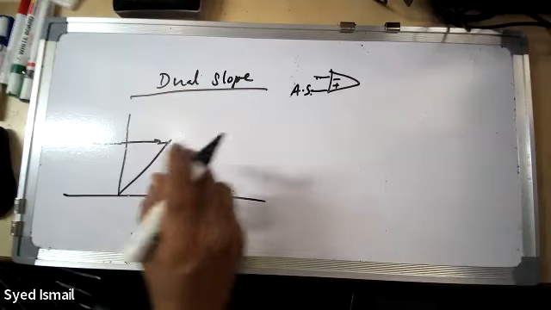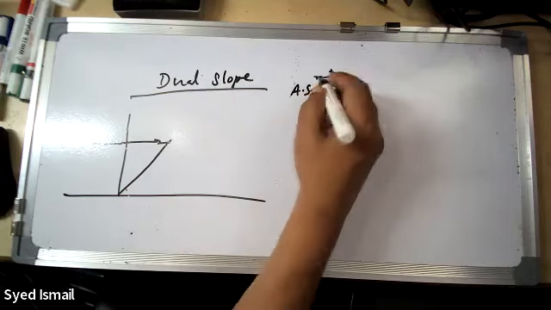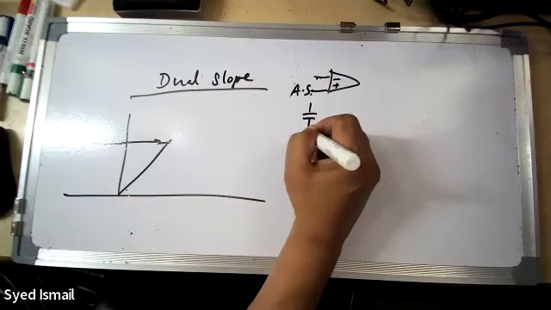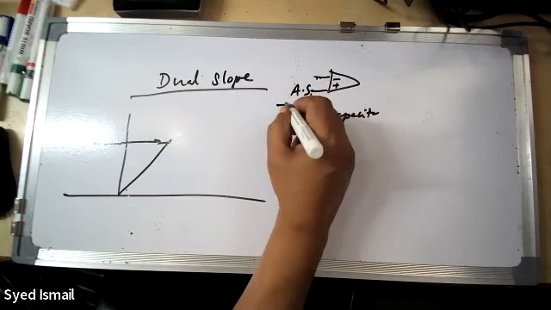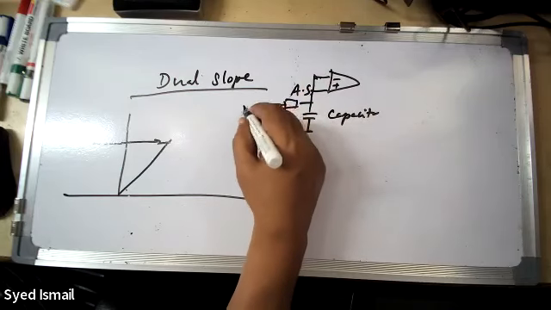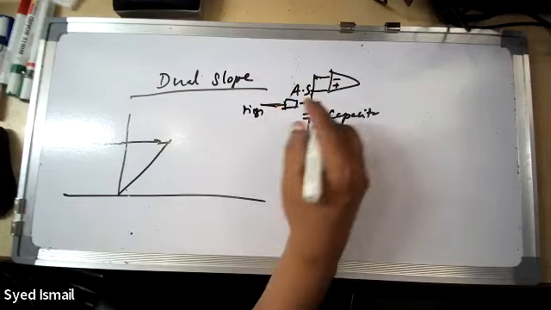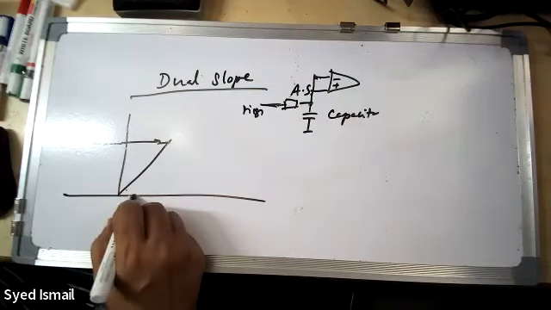This has to charge a capacitor. By this, the voltage given here is charging a capacitor there. So there is one capacitor used. Let me put it in a simple way. You give a high signal here, and you go on charging the capacitor, and the capacitor voltage will increase.